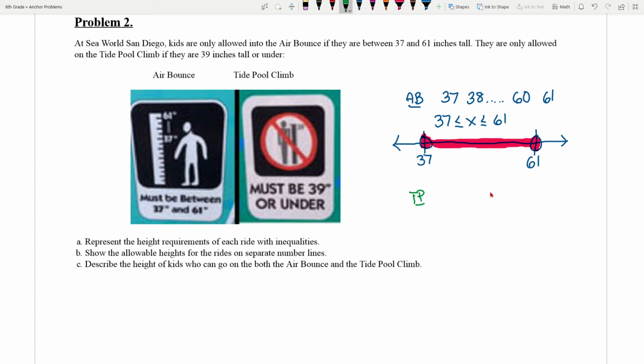Can you be 39 inches tall? Yes, you can be 39 or under. 40? No. 38? No. 37? Yes. So 39, 38, 37, 36? Yes. And if we draw a number line for this,